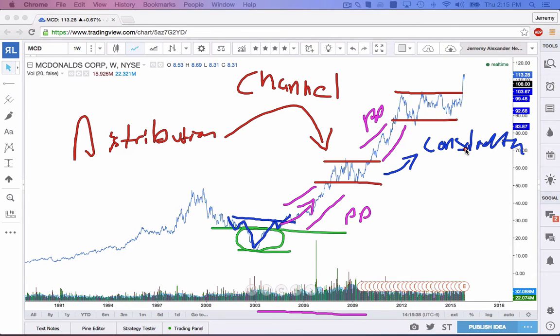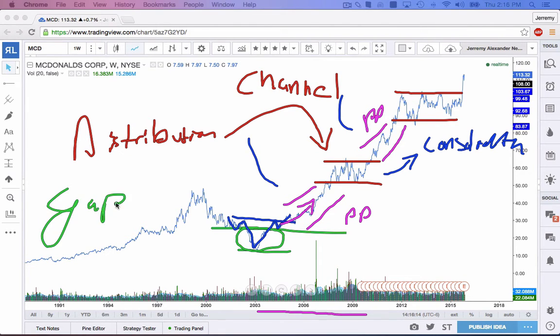Yeah. So you're probably thinking, Jeremy, it's really not that easy. And I would say, well, why not? If you got it correct back here and you got it correct back here, why can't it be that easy? I think it could. Matter of fact, I do think it is. So that's kind of my thoughts, first of all, on McDonald's. Now, a lot of traders will say from this point, Jeremy, how do you know when a stock has broken out of a distribution phase? Well, that brings us into the title of the webinar for today. There are two ways: